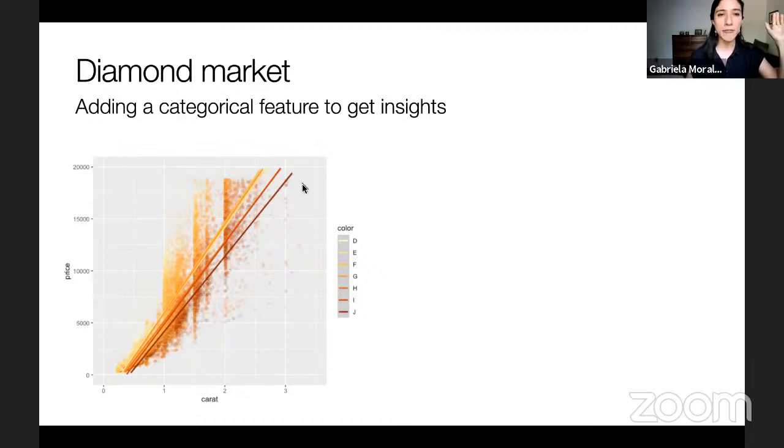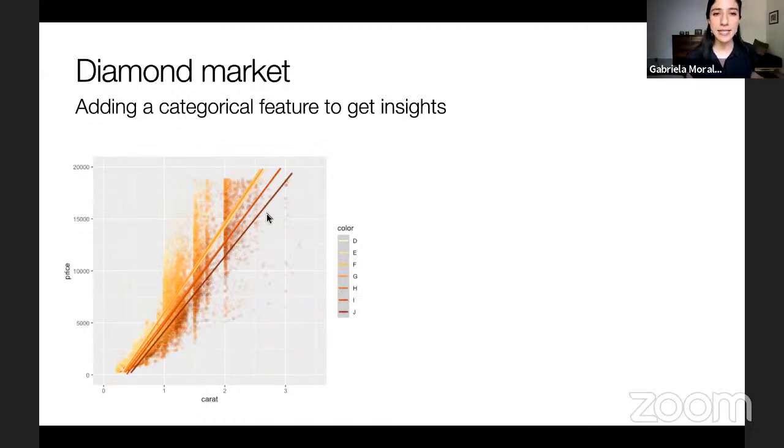You can see all the different regression lines that adjust to each one of the colors of the diamonds. Here you have J color, which is the most opaque, and I use color here. The most opaque is the darker here. So the concept of color is also portrayed in the graph, which I think is very nice. I hope you guys agree. Yeah, exactly. Domain knowledge, very important.